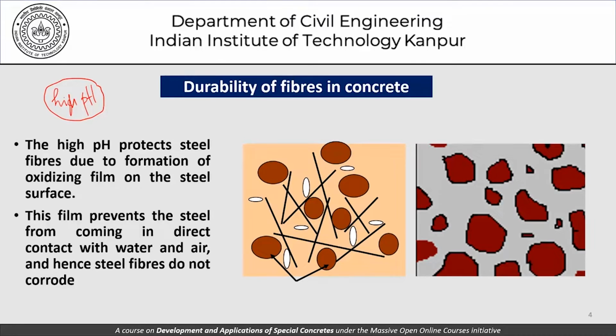Now, one of the things with steel fibers, which is a very common fiber to be used in concrete, is that the high pH within the concrete protects the steel fibers due to the formation of an oxidizing film on the steel surface, and this film prevents the steel from coming in direct contact with water and air, and hence the steel fibers do not corrode. Now, this simple mechanism of reinforcement corrosion is applicable even to the steel fibers. At the end of it, the steel does not know whether it's part of the fibers or it's part of